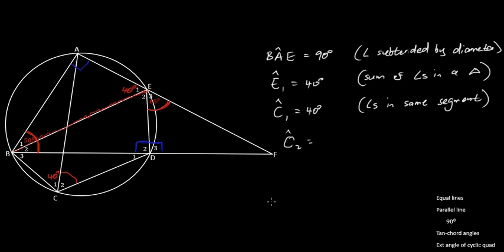Ours is to find the reason. The reason is then the exterior angle of a cyclic quad, as we've discussed earlier. So C2 is 65 degrees, reason exterior angle of cyclic quad. Now, C2 is the new starting point to say what's the relationship between C2 and the angle we are looking